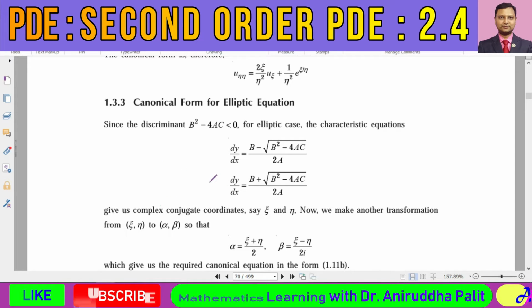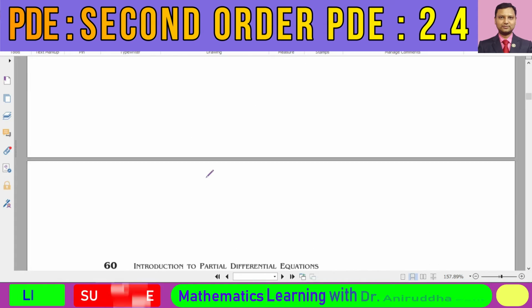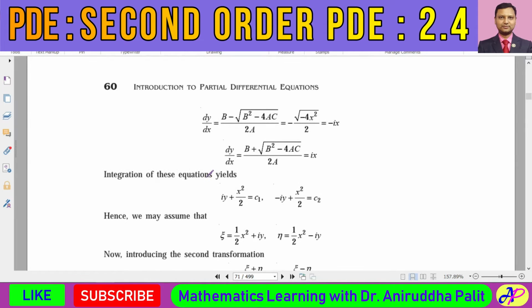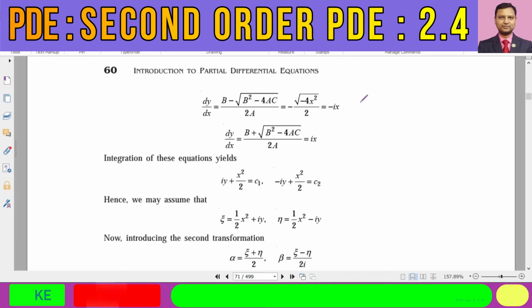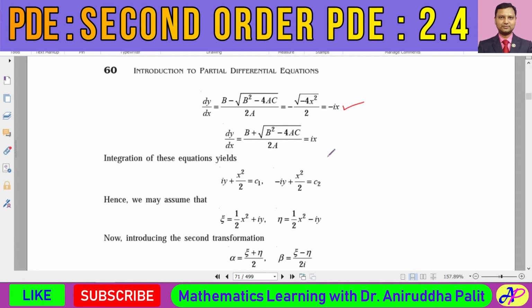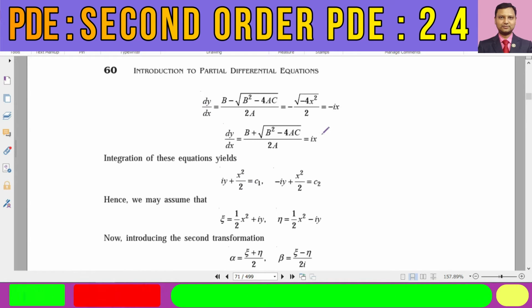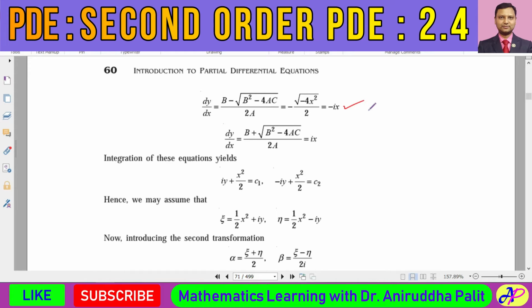So we shall compute these expressions of dy/dx. We get that one expression of dy/dx is equal to minus i into x, the second one is plus i into x. So if we integrate them with respect to x, then from this first relation, what we have,